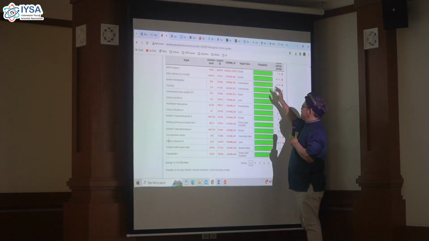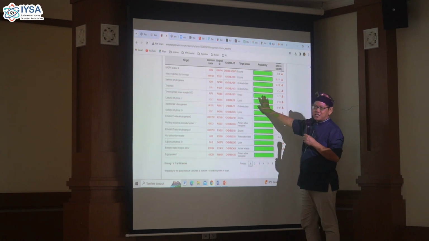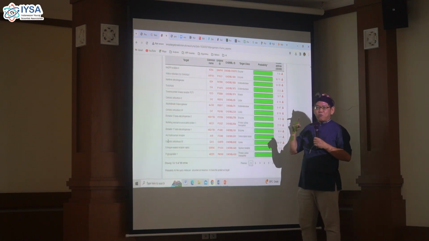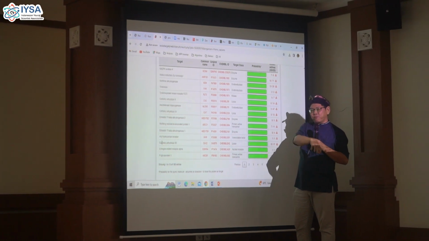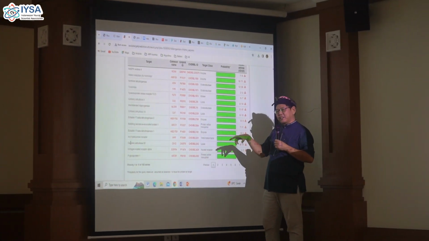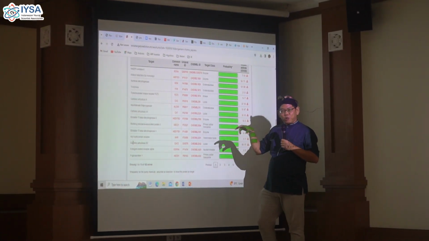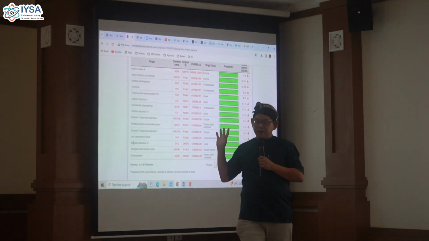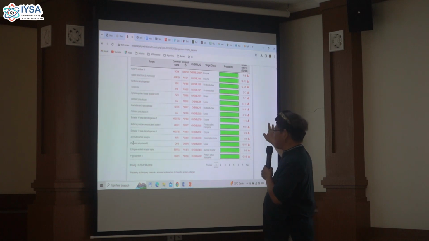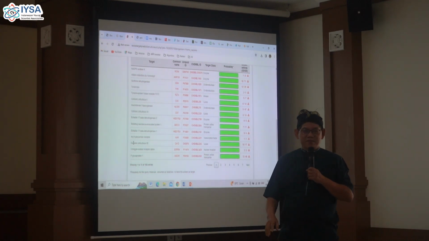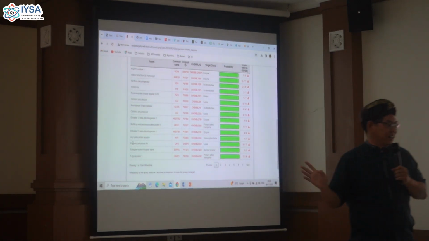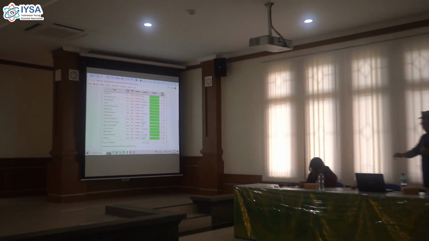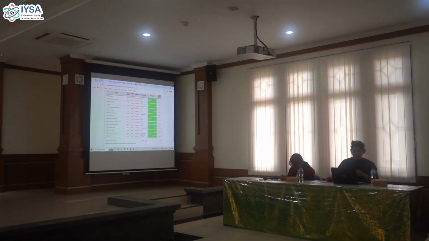And if this color is green, the binding affinity between the bioactive compound and the protein target will be good. Not all of this is green. If there is no green, you can skip to another.